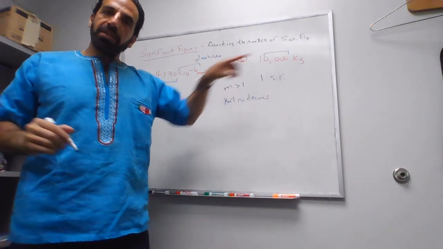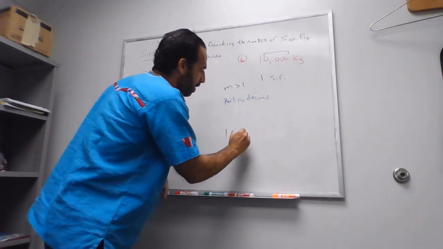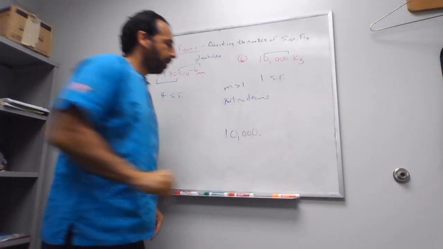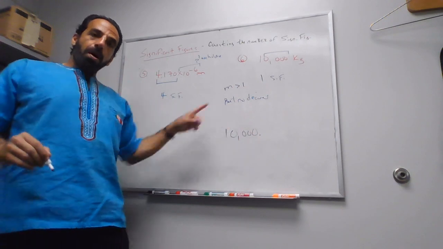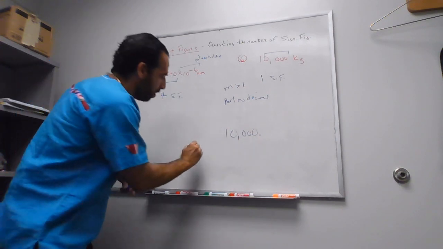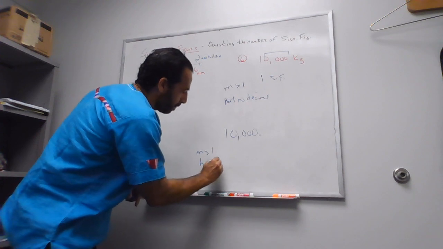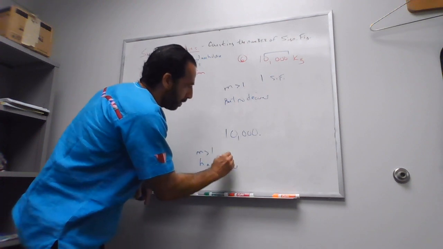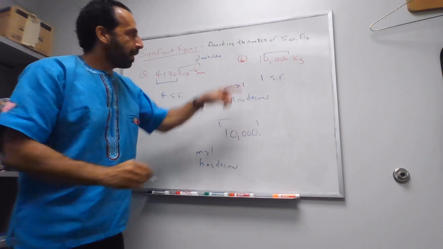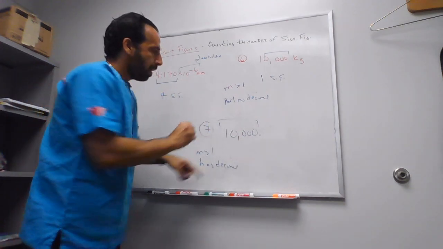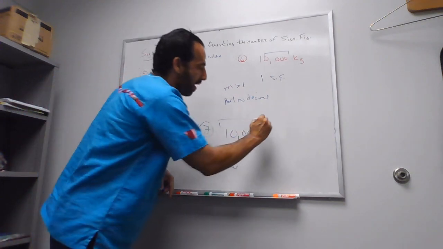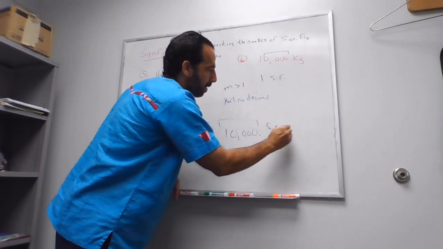Now one thing, say I change this up. Say I made this 10,000 and I put a decimal there. If I put a decimal there, all those zeros are going to be significant because the measurement is greater than 1 and has a decimal. So in this case, and this one right here is called number 7, I would have 1, 2, 3, 4, 5. I would have 5 significant